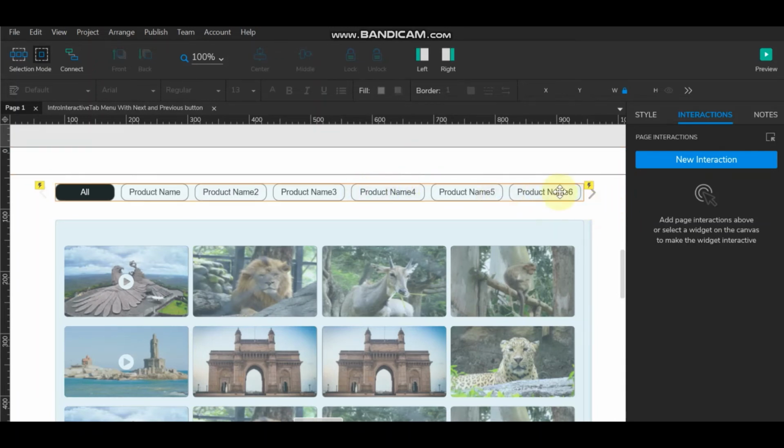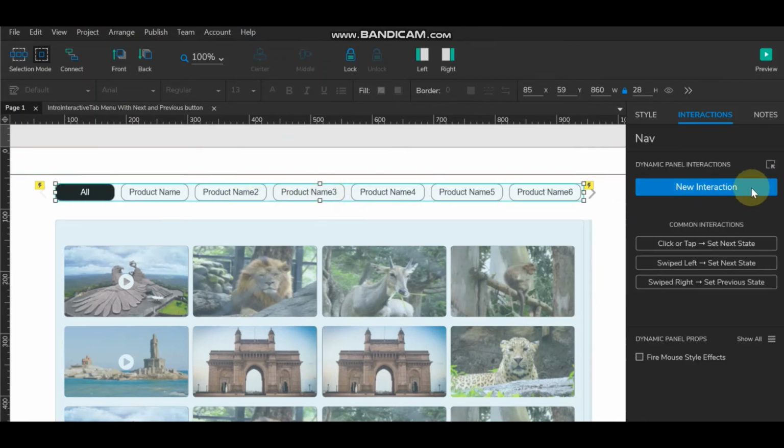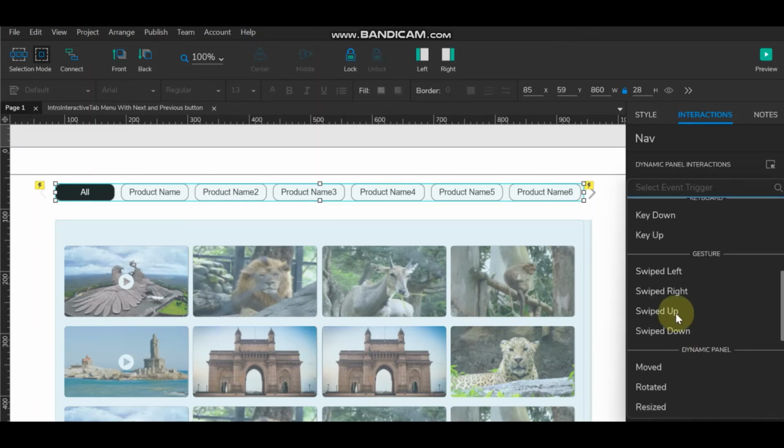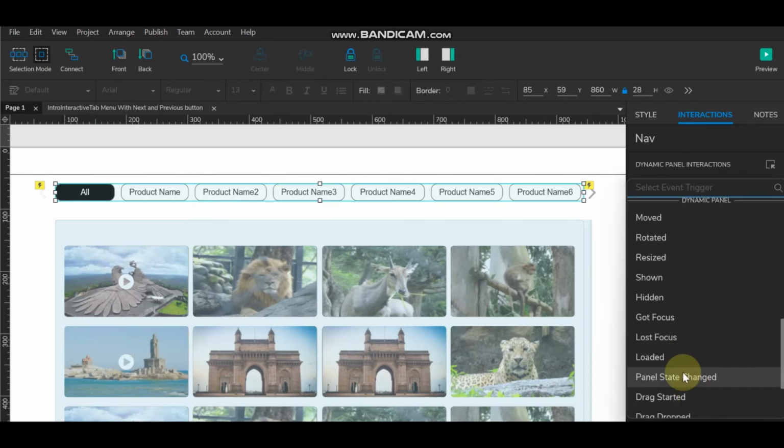So here we are giving the interaction which is related to this tab. So what we need to do, first we'll select this, and here interaction. So here you will get the panel state changed. Select this,